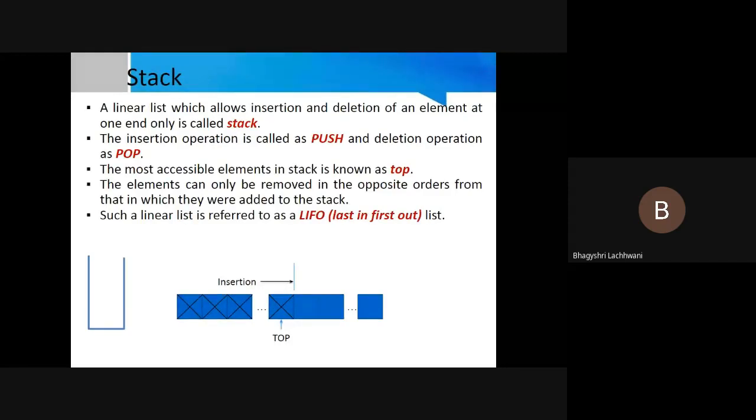Also, if you want to delete an item, you can only delete C. Suppose in the stack the elements are A, B, and C. I'm giving you a task to delete an item. That means you can only and only delete C. If you want to delete B, you cannot. If you want to delete A, you cannot. The alternate way is, if you want to delete B, first you have to delete C and then you have to delete B. So the insertion and deletion will only be allowed from the one end that is termed the top of the stack.